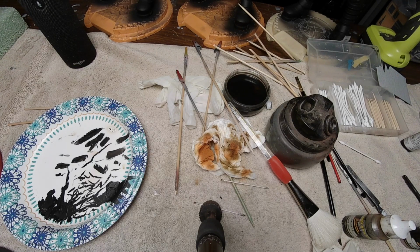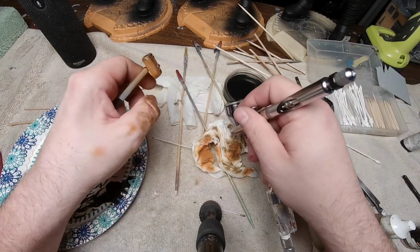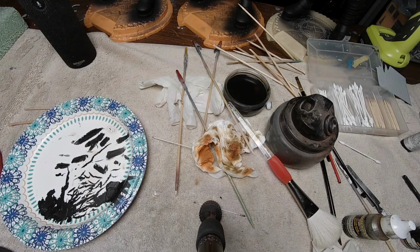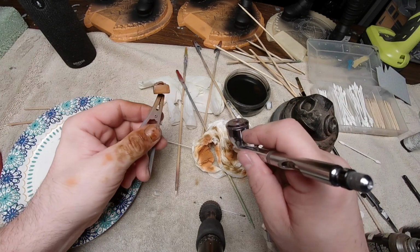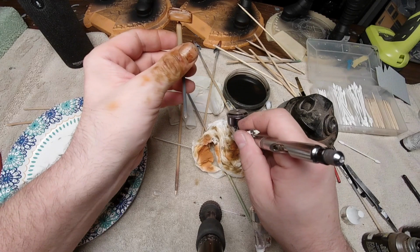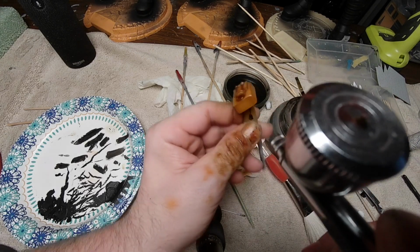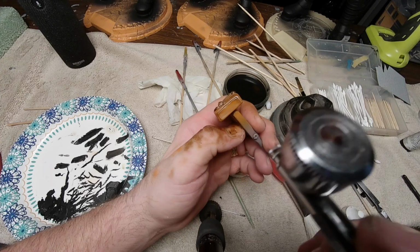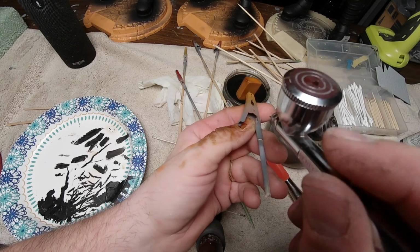Like on this one, I'm seeing that overall it's a little light compared to the other one. So I'm going to go in real quick, and my tip is constantly getting a dry tip, so I have to go in there and clean it. Oh, I'm out of paint, surprisingly. So like this guy, it feels kind of a little light overall, so I'm just going to go in here and back off way far, and I'm just kind of missing it a little bit. A little light. Doesn't take much. Like that. You're not going to see the backside, but